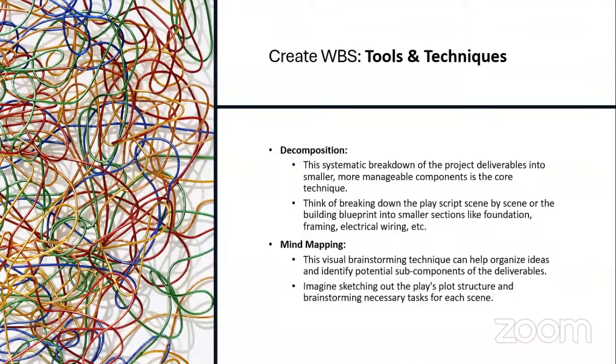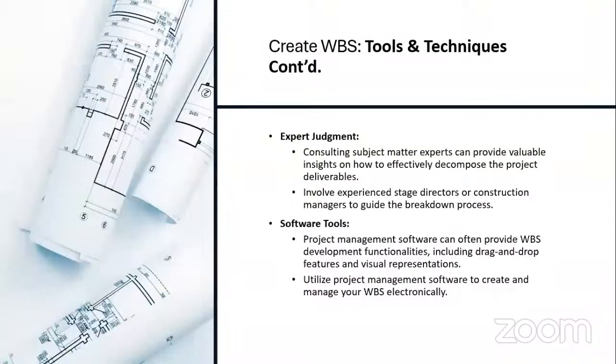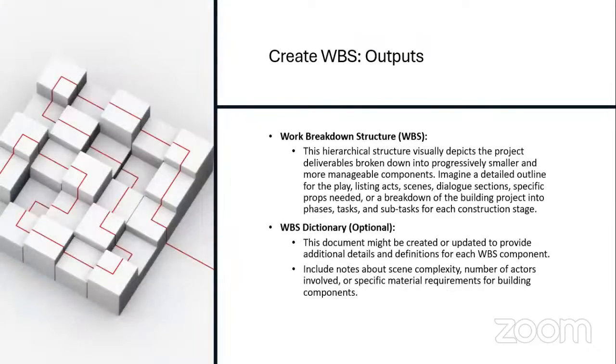Where the mind mapping is not giving you what you want, you might have to look for project templates from other sources. Okay. And so you have the expert judgment tool also needed. You can ask an expert to advise. And then you need project management software tools. They can also help. On the output, you have your work breakdown structure,